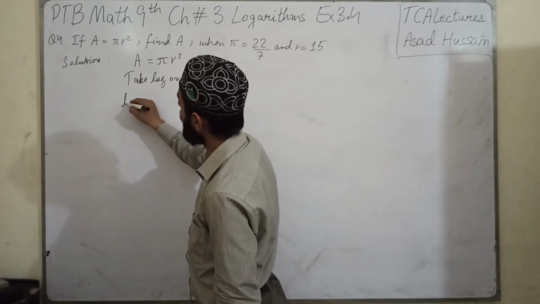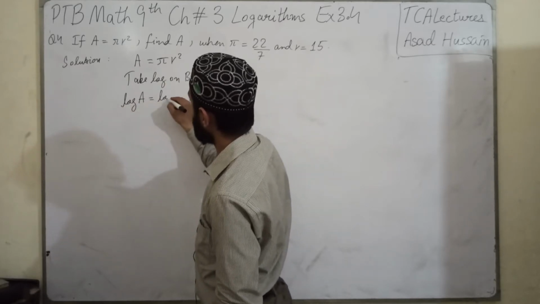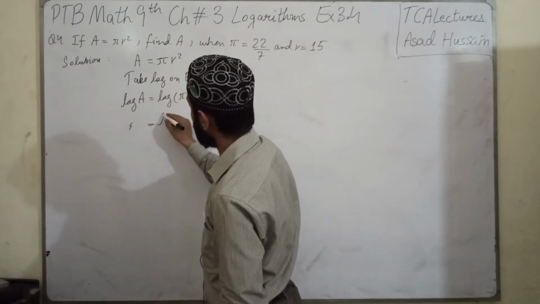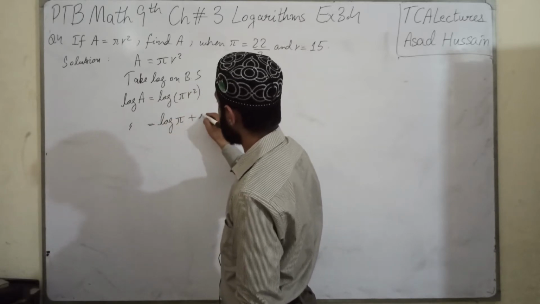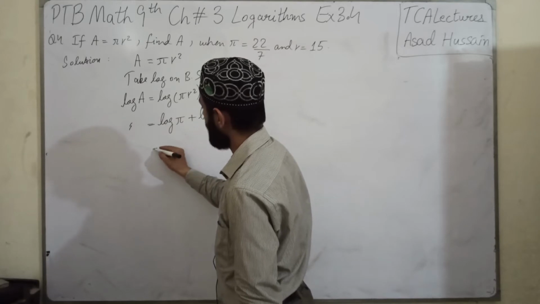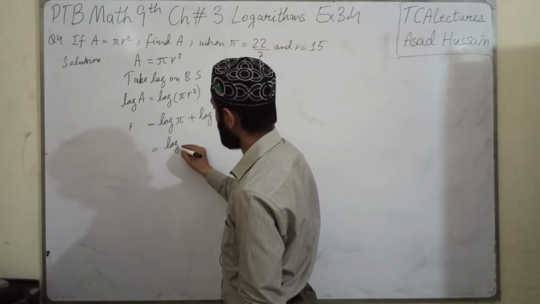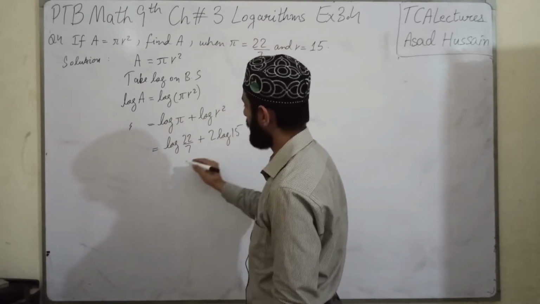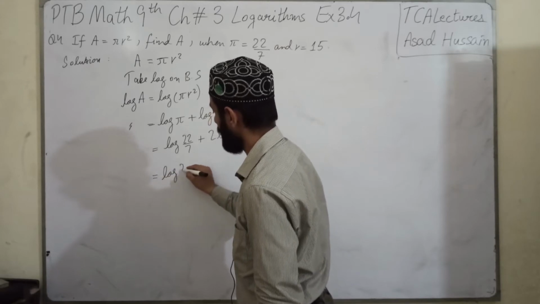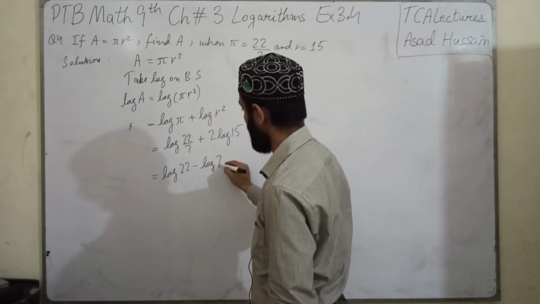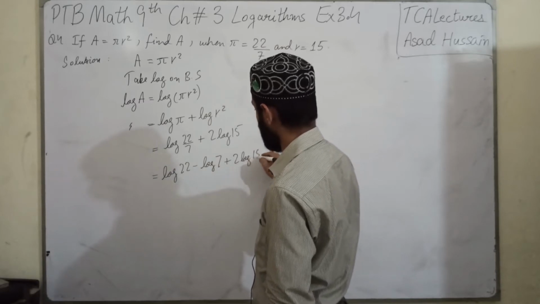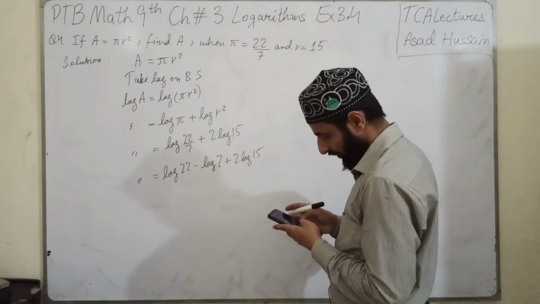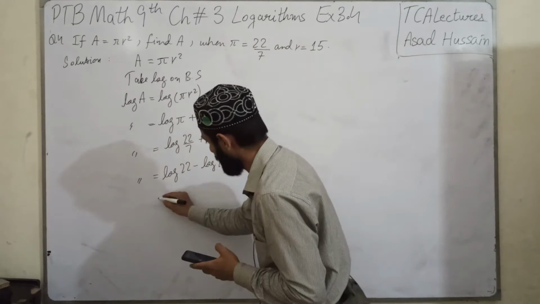We get log of a is equal to log of pi r square, which can be written as log pi plus log r square. Now putting the values, we get log 22/7 plus 2 log 15, which can be written as log 22 minus log 7 plus 2 log 15. Now substituting the values of logs, taking log, we have first value log 22 is equal to